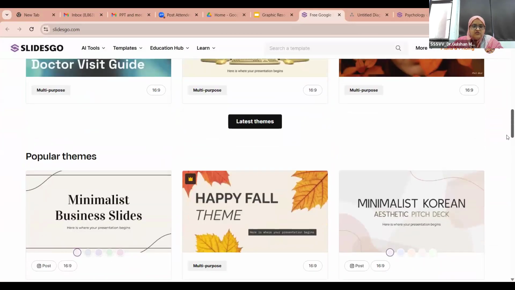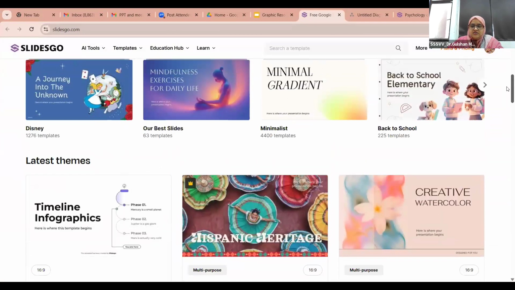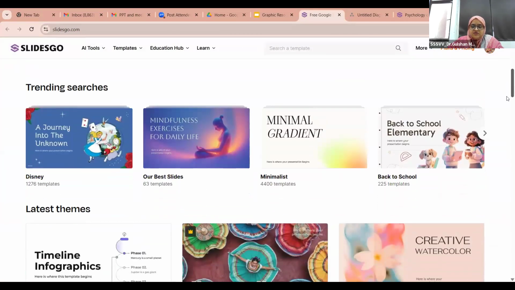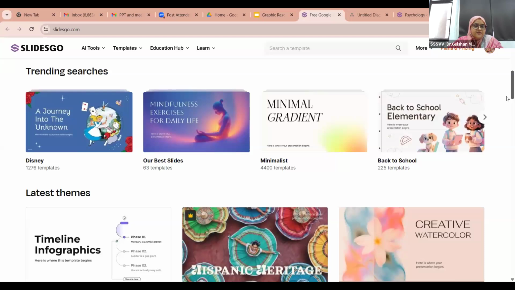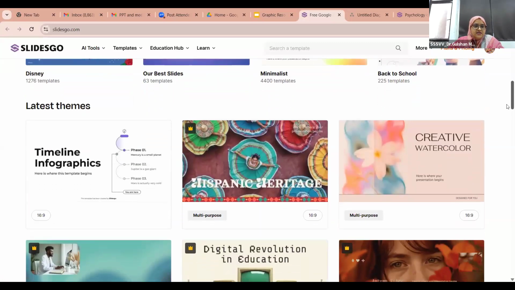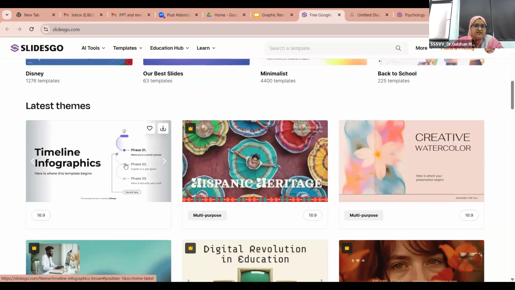As I scroll down, you can see there are already a number of templates given here. These are the trending searches related to Disney, the best slides, the minimalistic design templates. These are the slides for back to school. Then you can see this is the timeline infographic. The multi-purpose slides also are there.